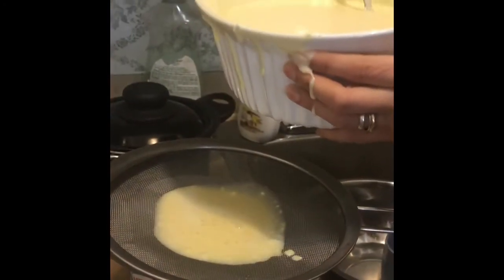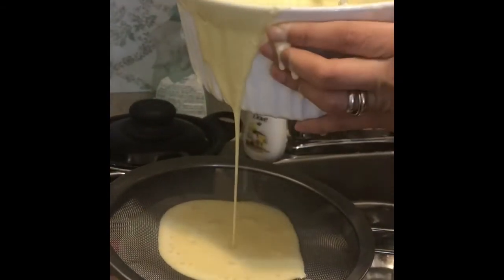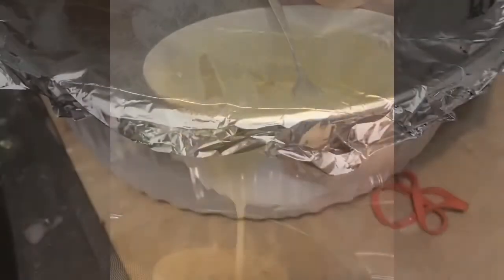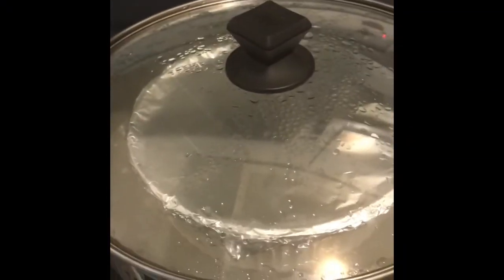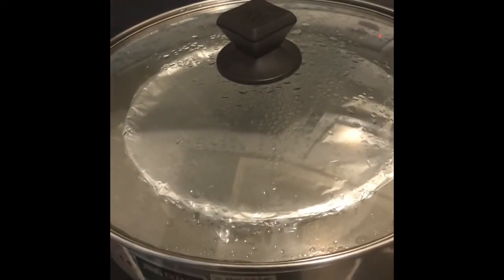Then you need to transfer the cheesecake mixture into a molding pan and strain it, and get ready for it to be steamed. After which, steam the cheesecake mixture for about 40 minutes to an hour